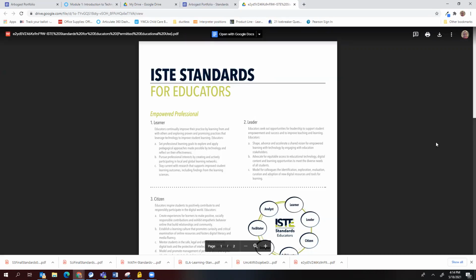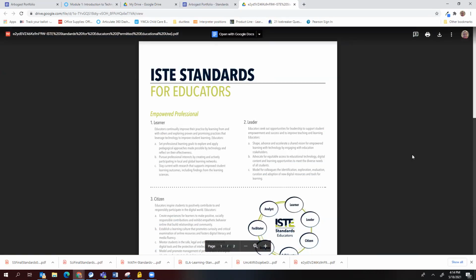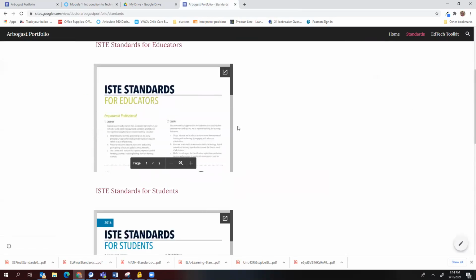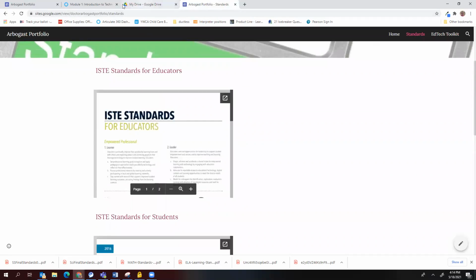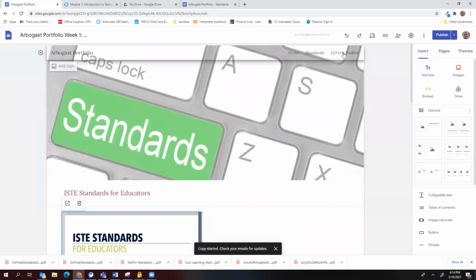In this particular one, you can't really copy and paste because of the way it's on the website. But you could go to the original document in your desktop folder, and you could open it and copy and paste there. So at least 2 from the ISTE standards for students, and also 2 from the ISTE standards for educators. And you'll be putting those on your page here